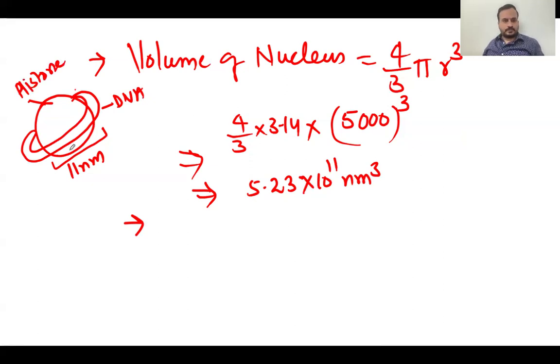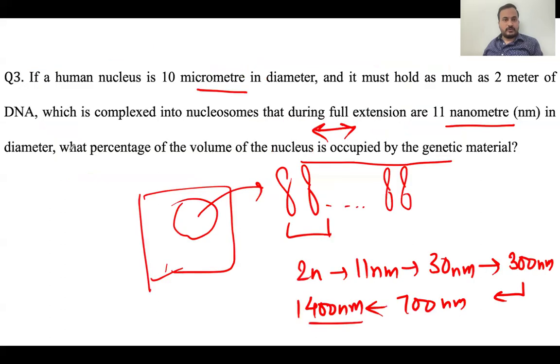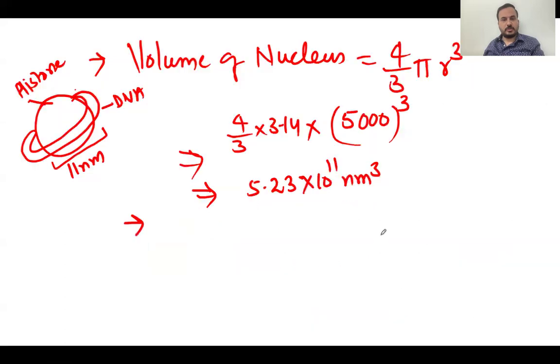Now, we need to calculate the volume occupied by this structure. So we all know that if you look at the chromosome and try to pull it, you'll get a 2 nanometer structure, which is complex to form an 11 nanometer structure. And the volume of this material, you can calculate that by the volume of nucleosome